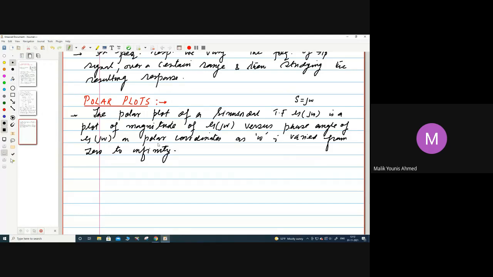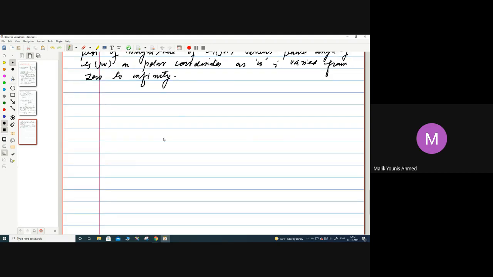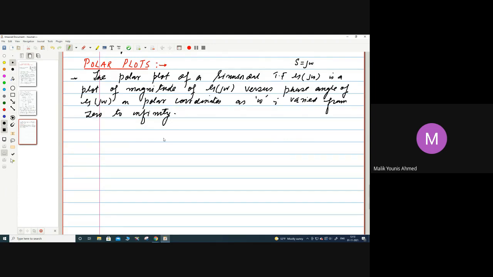So what is the polar plot? Whenever we talk about the polar plot of a sinusoidal transfer function, that is the frequency response. It is a plot of the magnitude of the sinusoidal transfer function versus the phase angle of the transfer function, and we have to draw it on polar coordinates, that means on simple graph paper. We have to vary the value of omega from 0 to infinity so that we can get a complete graph. This means that the polar plot is a locus of vector,